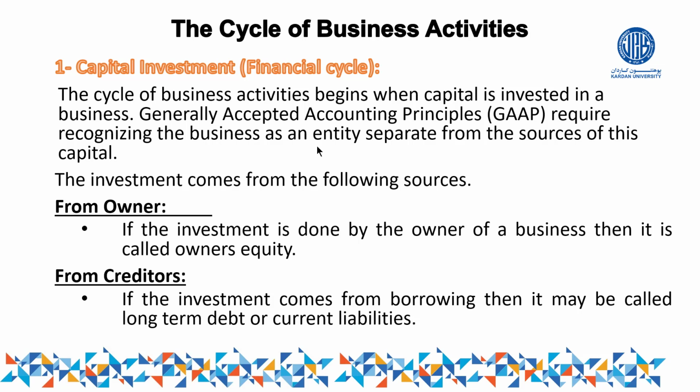receiving the interest, paying off interest, all of this can be called the financial cycle, or we can say financial transactions. And remember that in all of these cycles, but especially in the financial cycle, we have to follow the generally accepted accounting principles as well, right? So in financial cycle, as I said before, usually source of fund come from two sides. Either the owner provide or the creditor provide. So even if owner provide or creditor provide,